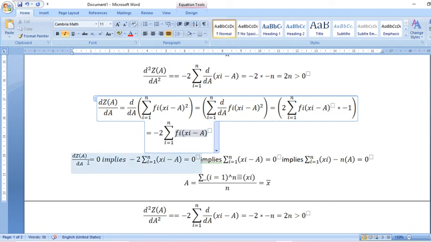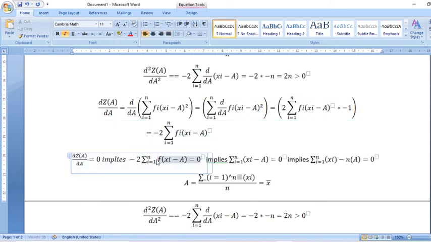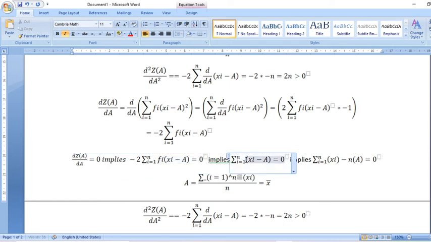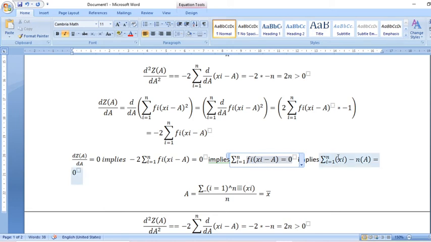So dz by dA equal to 0 implies minus 2 into summation fi xi minus a equal to 0, that implies summation fi xi equal to